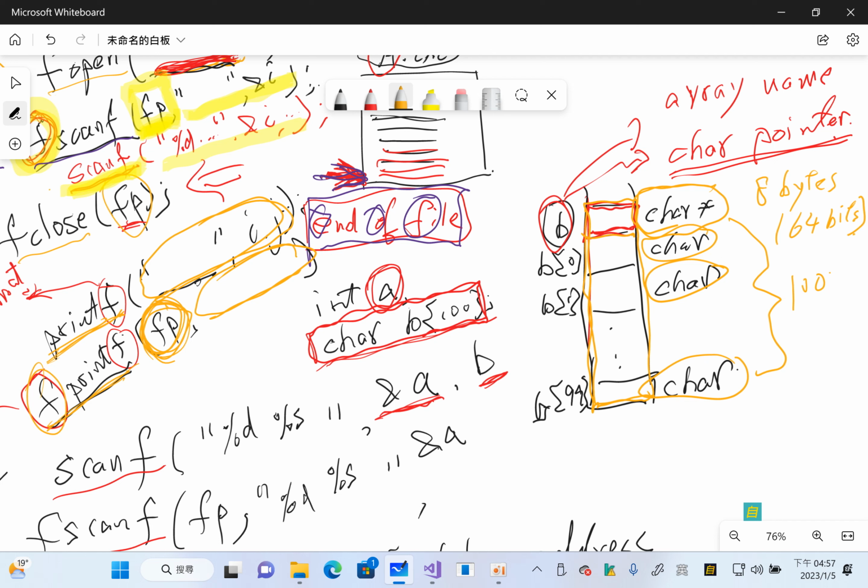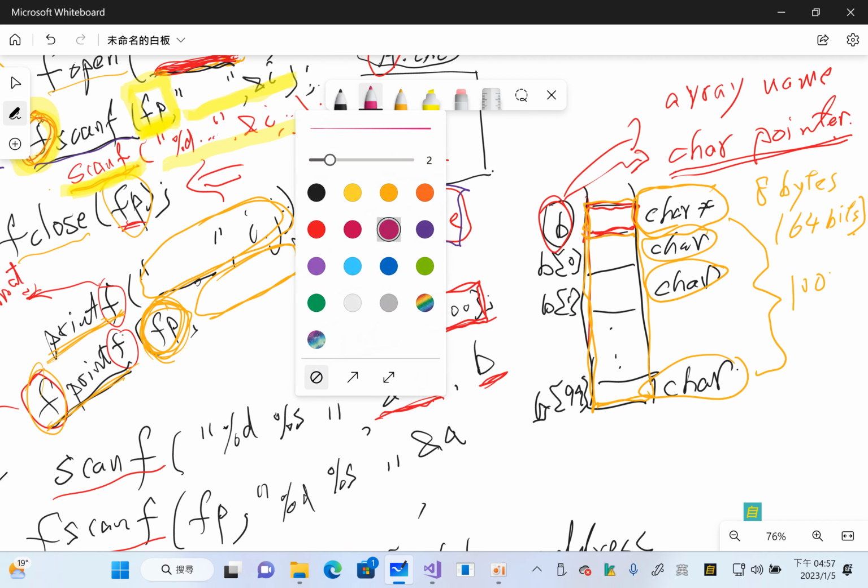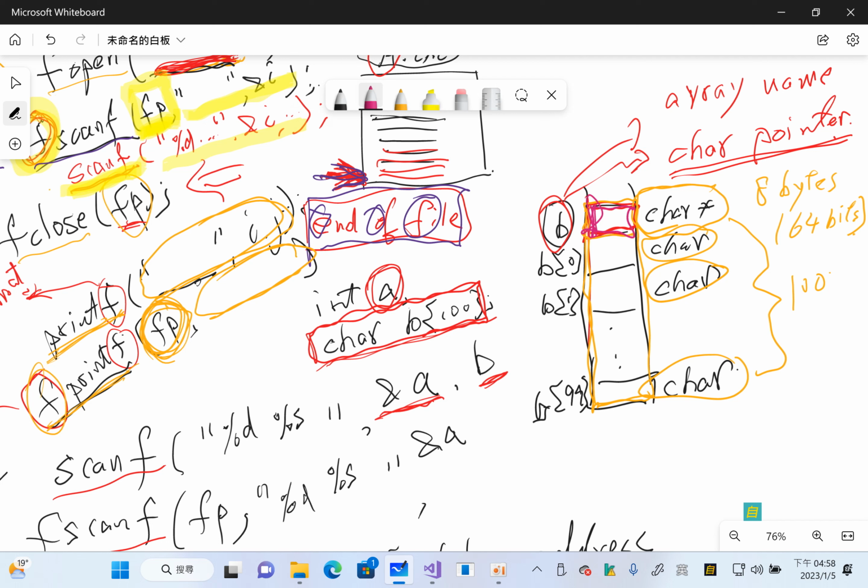And the value of this b character pointer, I should not say initial value, the constant value, because b you cannot change its value. b[0] okay, b[1] okay, b[99] okay, you can modify those values, but b you cannot change its value,